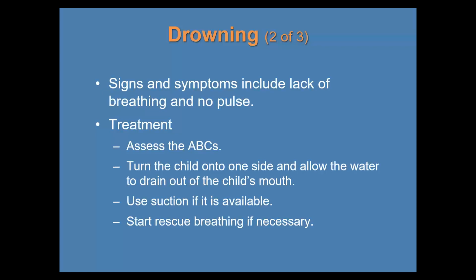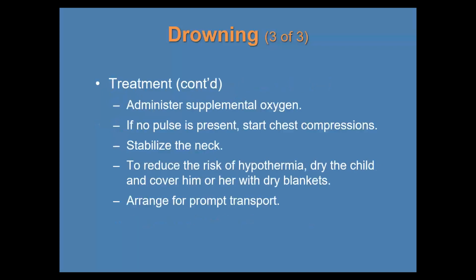Again, no breathing. We're going to start breathing for them, doing rescue breathing, 1 breath every 5 seconds, and CPR if necessary. Especially if they were without air, or oxygen, for a little while, then we definitely want to give them some supplemental oxygen and